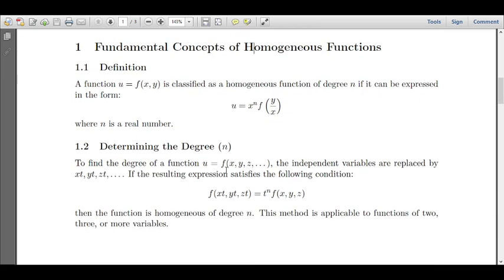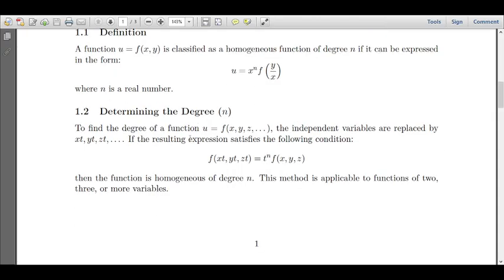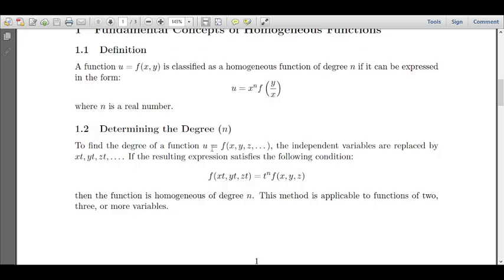Now, a function u equal to f of x y is classified as a homogeneous function of degree n if it can be expressed in the form u equal to x power n into f of y by x, where n is a real number. But to determine the degree,